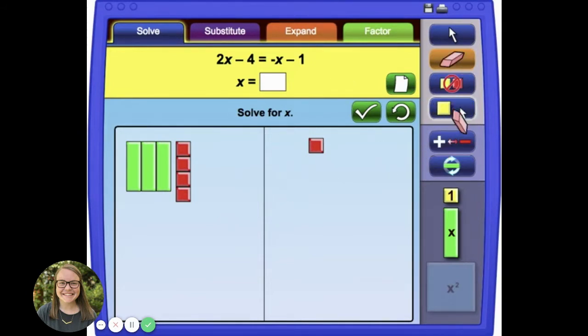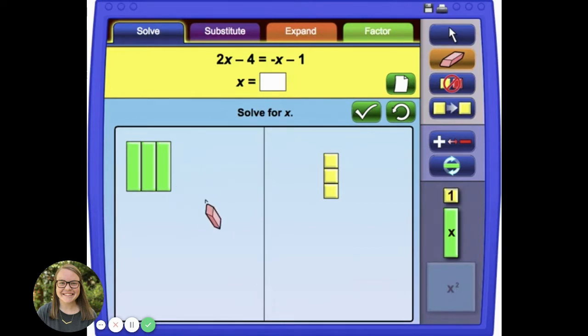I'm going to do the same principle, except instead of the x variable, I'm going to be adding in some of the 1 counters. So I'm going to create 0 pairs, 4 0 pairs with these tiles here. And to keep it balanced, add 4 pairs or 4 1 tiles over here. Now, what that did was that created a 0 pair here, which eliminates these two, and 4 0 pairs on